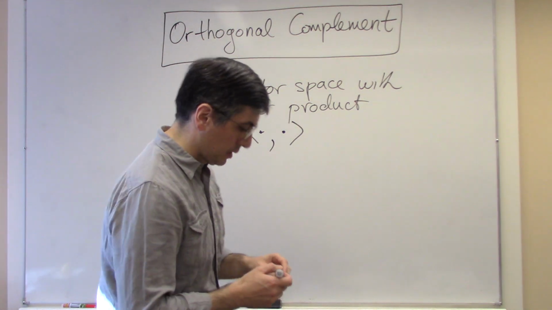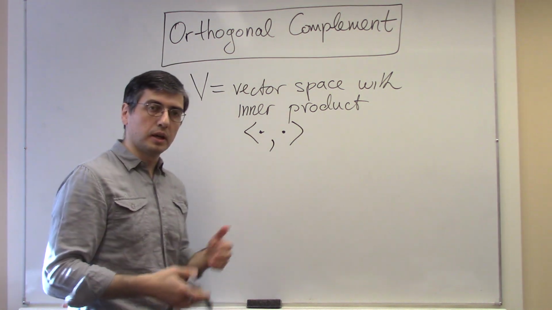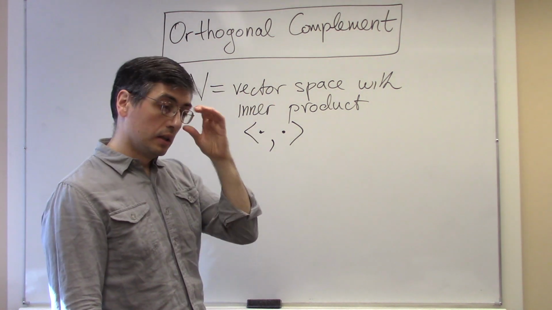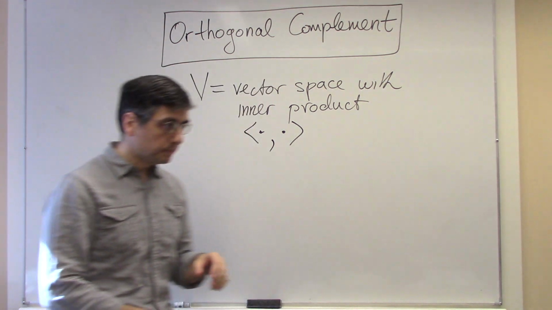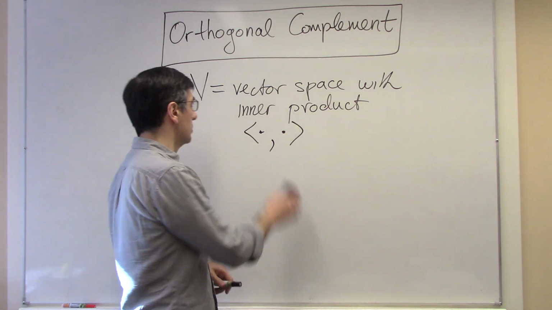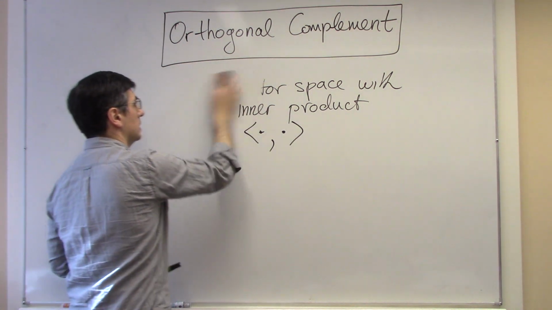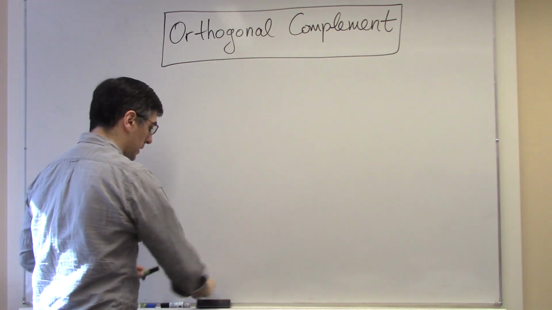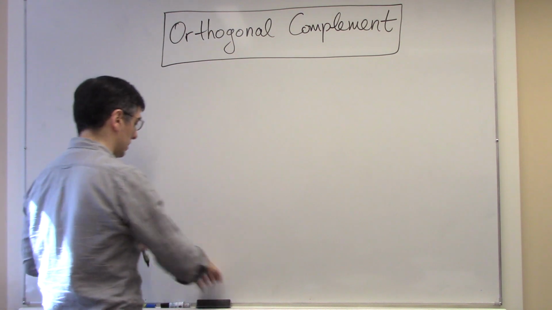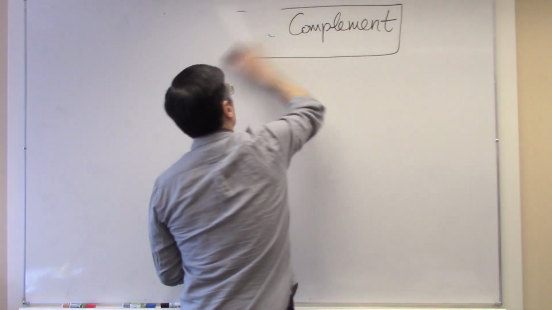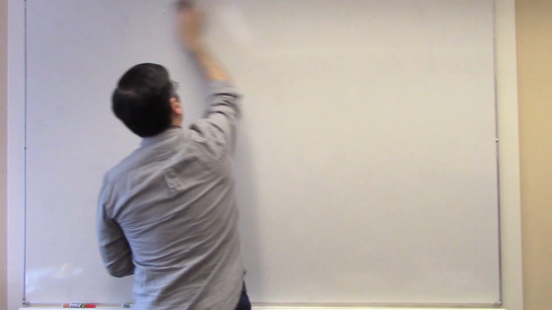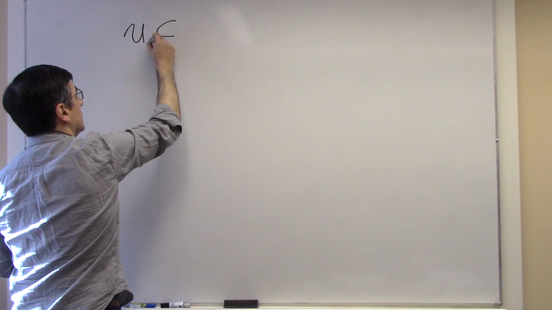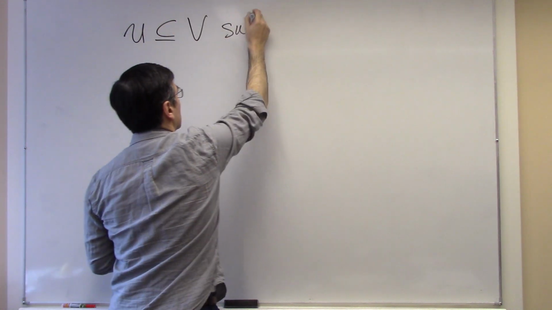So to get to the problem itself, we have to introduce a certain notion which is called orthogonal complement, and this is crucially used in the actual solution. Alright, so this is the setup. This is the vector space with an inner product, and then U is a subspace,